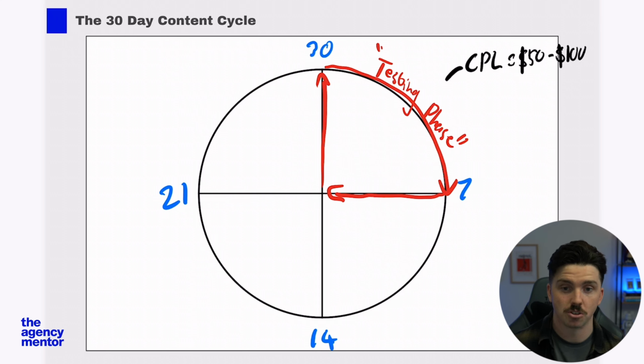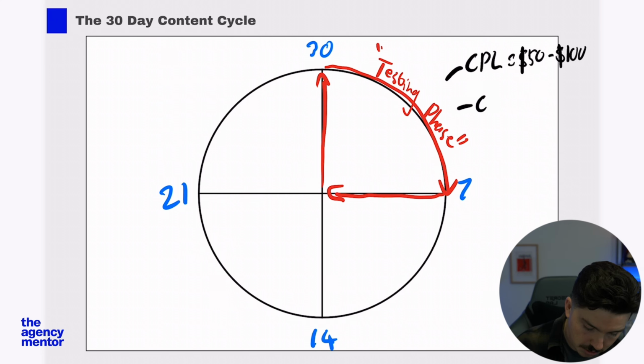Cool, man. How much does it cost you to acquire a client? That's the big question. And if you run a really good, effective, strong direct response funnel, you can generate $50 to $100 cost per lead. For the next stage, which is a cost per booked call, you can get anywhere between $100 to $200